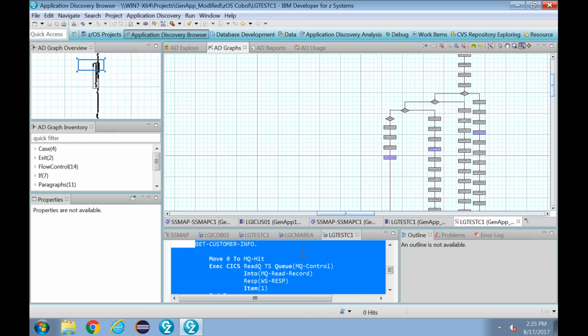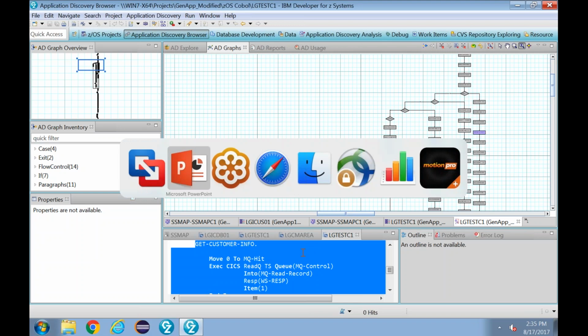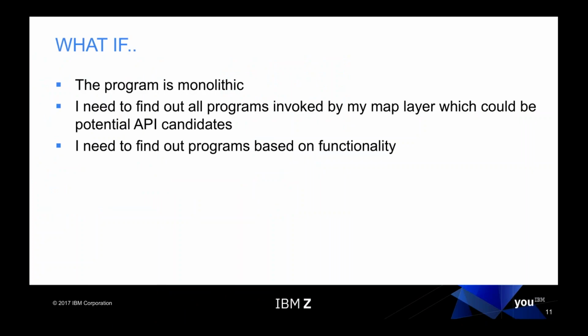So what ADDI helps you do is, even if you have a large code and have to refactor it, it helps you drill down to the exact paragraph that can then be refactored into maybe another program, and that program can be exposed as an API. So if you have a monolithic program which has a lot of logic, you can still use ADDI to identify which paragraph, which portion to extract.